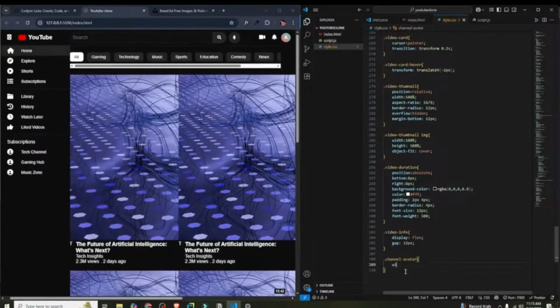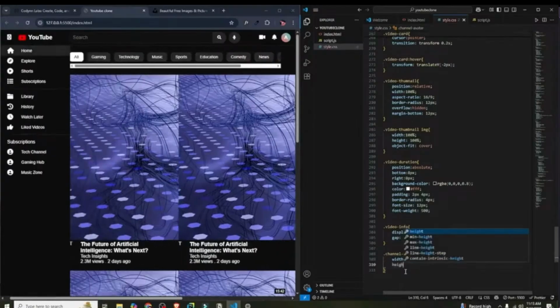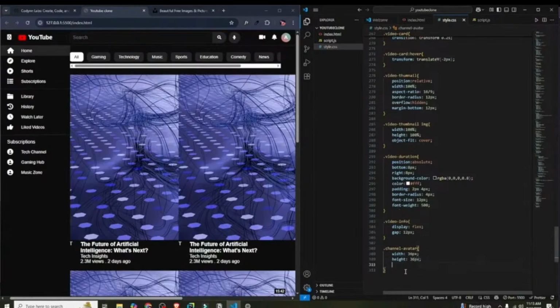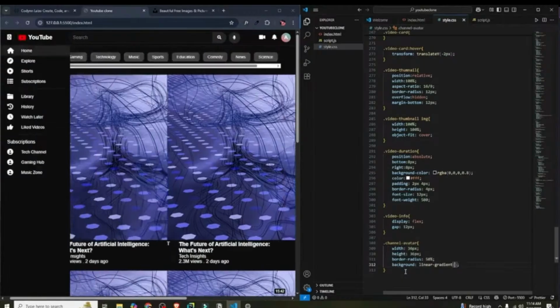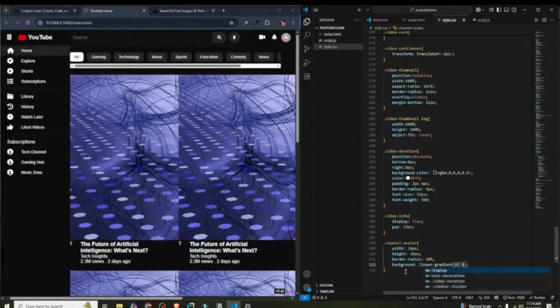For our channel avatar we will keep a width of 36 pixels and then a height of 36 pixels as well, and then a border radius of 50%, and then background we'll keep a linear gradient at 45 degrees like before, so 45 deg,